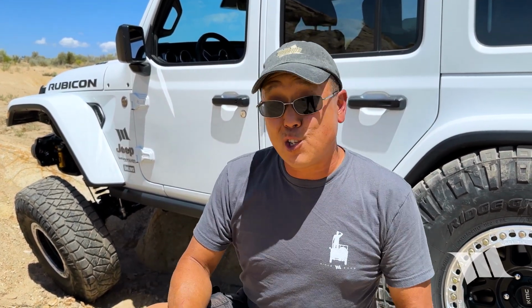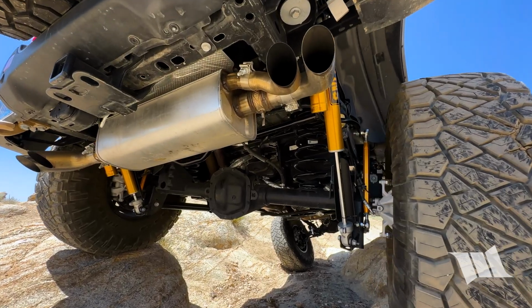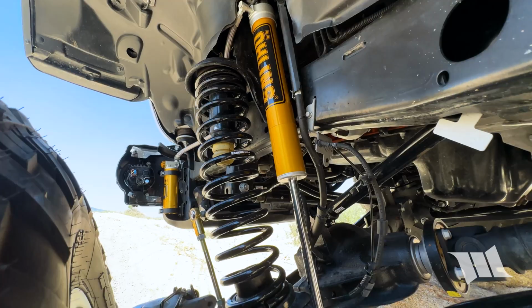When it comes to off-roading, this is what comes to mind for a lot of people. Slow, low-range crawling and over big rocks. And if that's all you're wanting to do with your Jeep, I might say that a set of Ohlins may not be the shock for you. Sure, they offer plenty of travel and stability, but there are a lot of other shocks out there that can get the job done well enough anyway, and in some cases, for a lot less money. However,